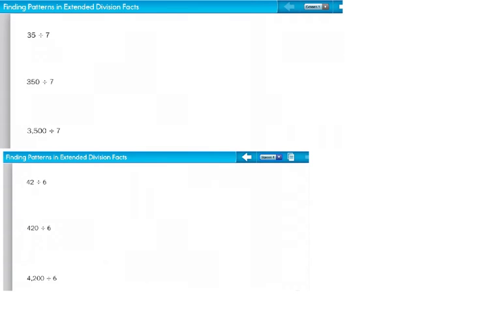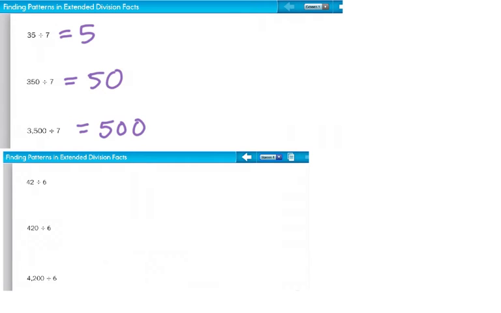We're going to continue just a little bit longer on our whiteboard. And here we're looking at finding patterns in extended division facts. I'm going to do one example for you, and then you're going to try one on your own on your whiteboard. If I look at the first one, 35 divided by 7 equals 5. Okay, that's a basic division fact. 350 divided by 7 is 50. And 3,500 divided by 7 is